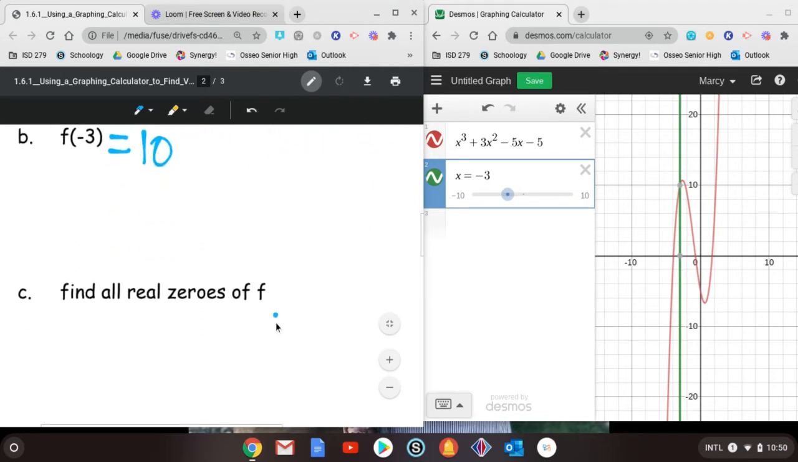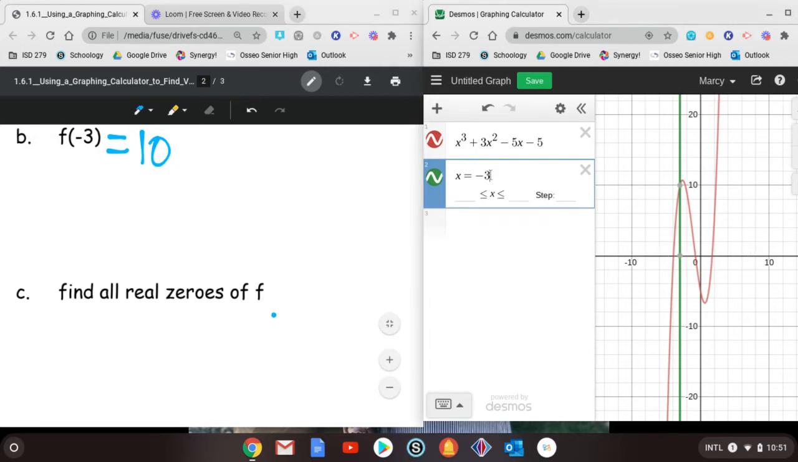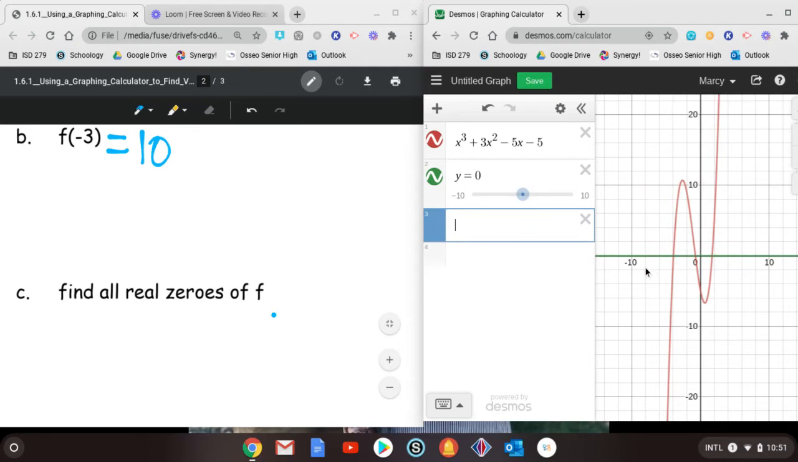Pretty slick, huh? Now find all real zeros. Real zeros, remember, are your x-intercepts. So that means y equals 0. So you need to go here and look at all those points. Remember 0, 0, it's just showing you where the y-intercept is. Now if you click them, they stay. So then you can write down all real zeros,